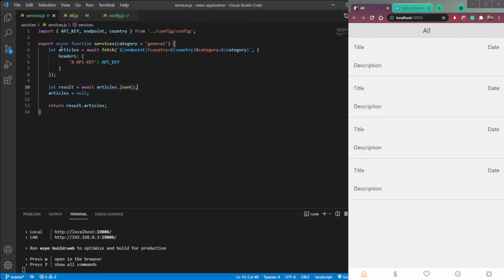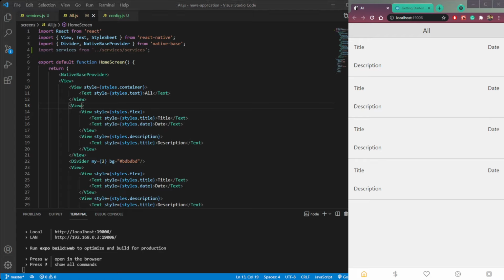So we are converting this articles into JSON format. Then we are returning this result.articles. So this result has articles inside it, so we are returning it, and it is coming here.